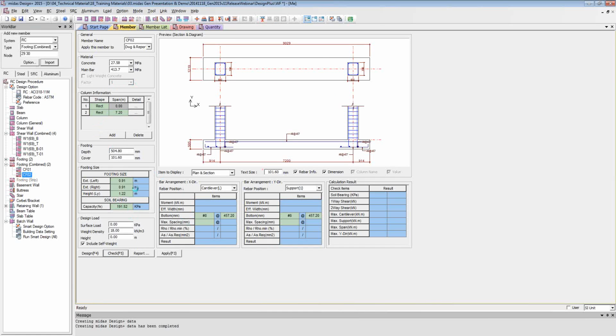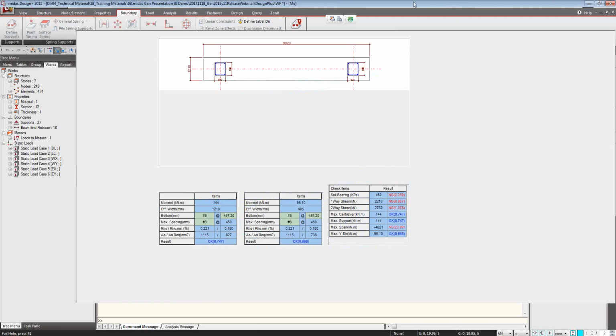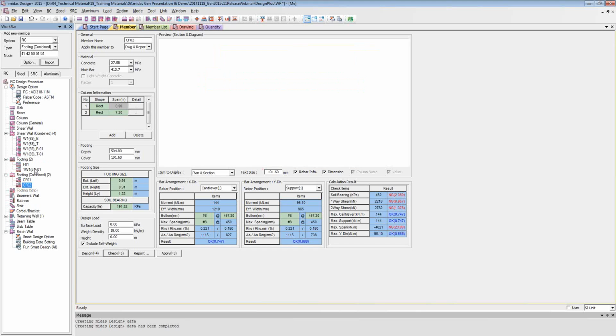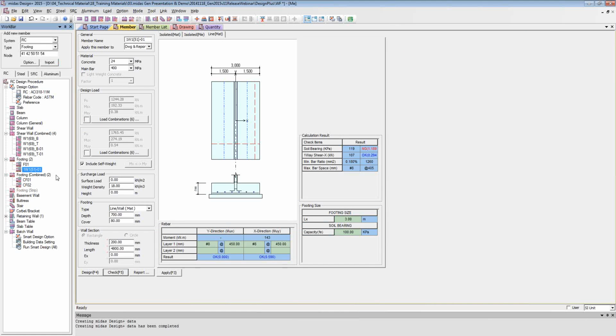As mentioned previously, there are member forces, or in case of the footing, the column forces are imported to Design Plus, so we can verify their results. Similarly, for the wall footing, we can also design wall footing. So select the desired nodes, and in the wall footing, which will be placed at the bottom of the wall, click Import,